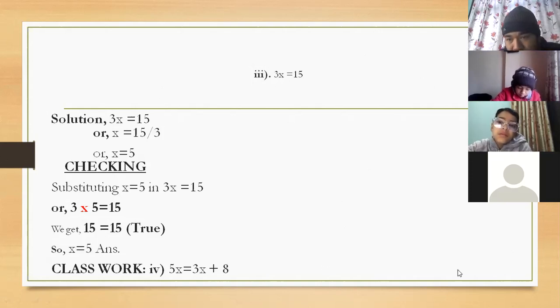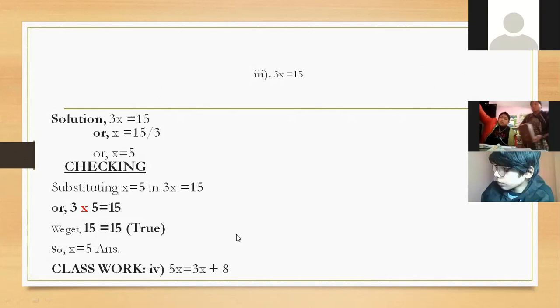Okay, Rishi. Classwork. Okay, Rishi. Checking. Yes, sir, I got it. I didn't understand checking. Checking: equals 5 into 4, 20. 3 into 4, 12. 12 plus 8 is 20. Both sides you have to do, okay? Then 20 equals 20. Then the answer equals what? x equals 5 is the answer.